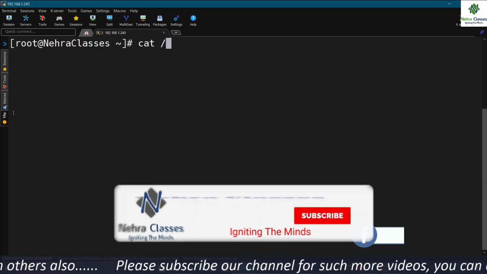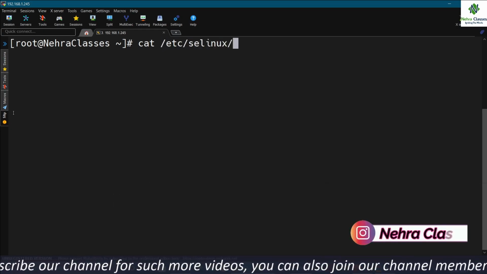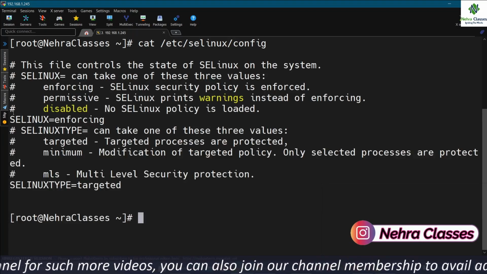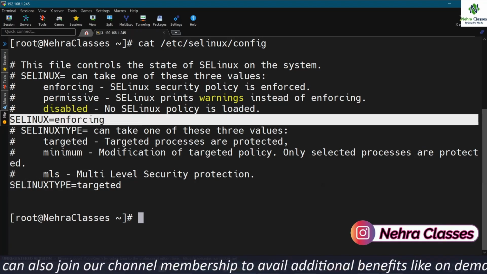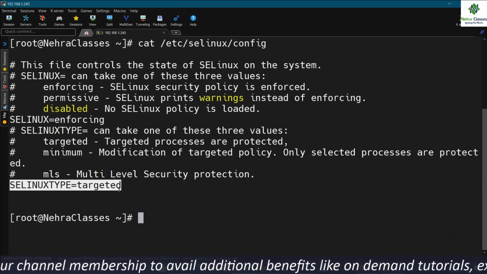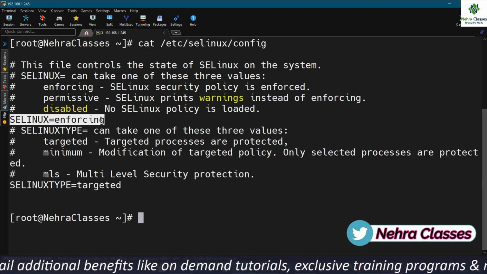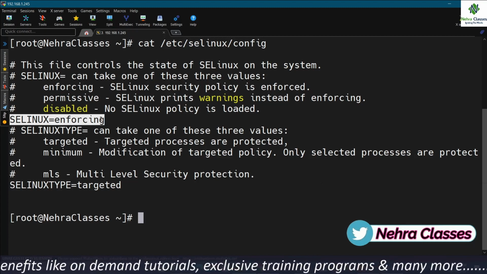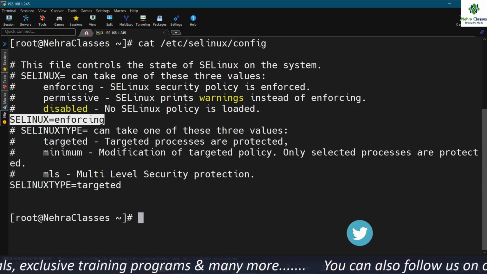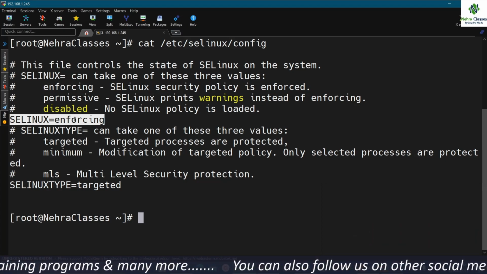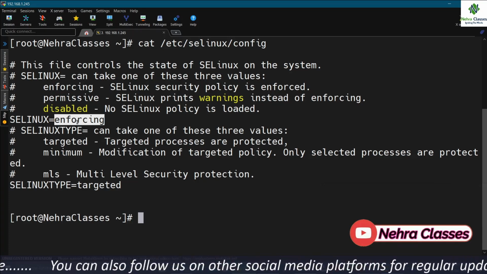There is a file in the /etc/selinux directory with the name config. If you open this file, you can see the current mode, as well as the SELinux type. Here, if I make it permissive or disabled, then it will be permanent. It can withstand a system reboot. So we can open this file in the vi editor and make it either permissive, enforcing, or disabled.